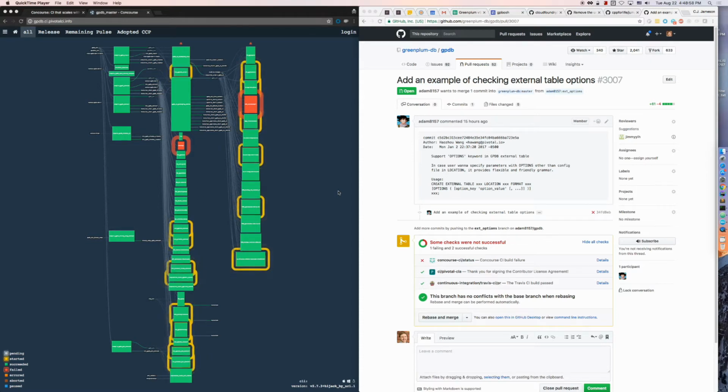I'm an engineer from Pivotal that works on Greenplum database. And today I'd like to show how we use the declarative testing framework through Concourse to create continuous integration and continuous delivery pipelines for the software. So if you want to see the current state of our overall pipeline, it's at